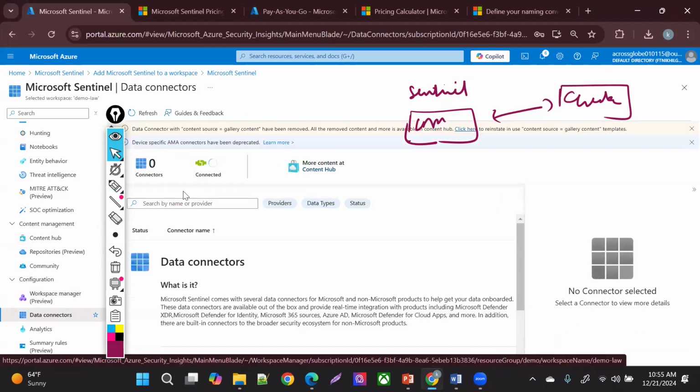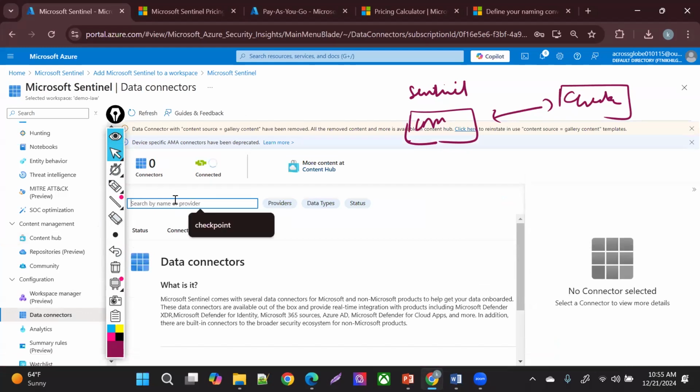Currently, no data connector has been connected. Nothing is there, right? So if I select it here, if I say the checkpoint is there, right? Or the Palo Alto, you'll get it there. Checkpoint, I'm saying it because I integrated checkpoint with my Sentinel. So if I say checkpoint here,